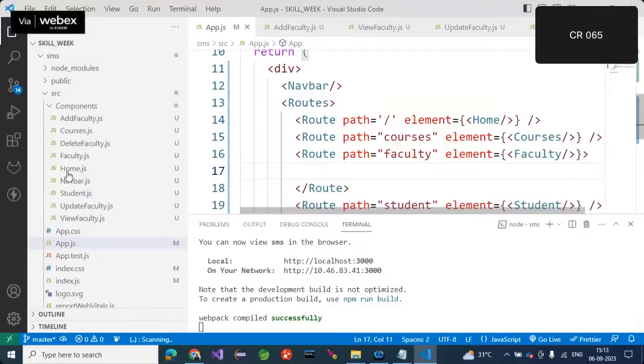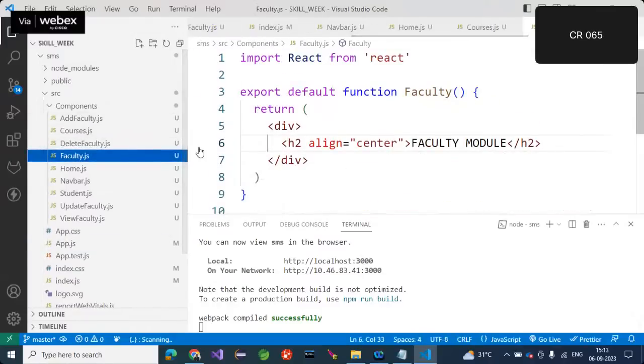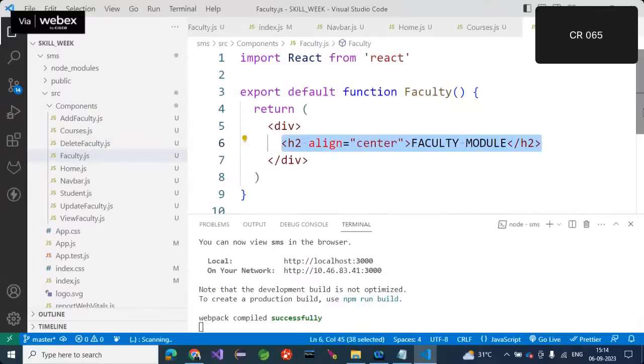In the navbar, the faculty, because whenever the user clicks this particular component, here I want to display